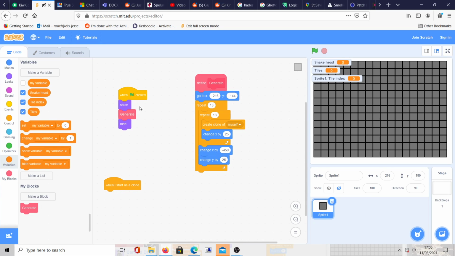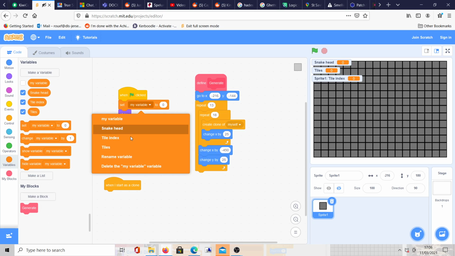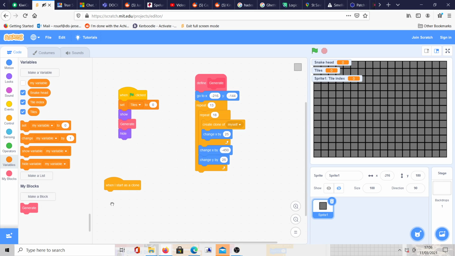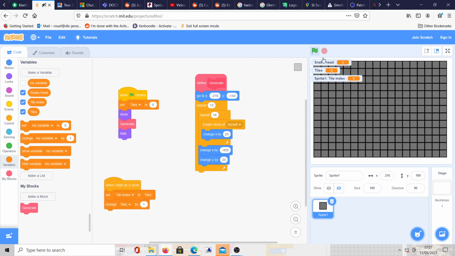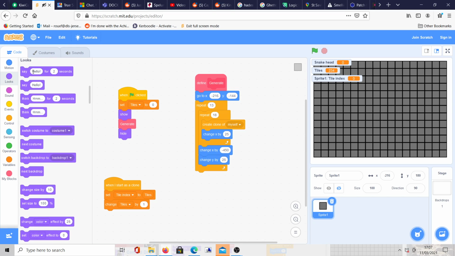Now, when green flag clicked, set tiles to 0, and when I start as a clone, set tile index to tiles, and then change tiles by 1. What this does is each of these squares has its own tile index, which we can obviously use to our advantage to work out which square is which. May not seem like it, but maybe just an easy way to check this,